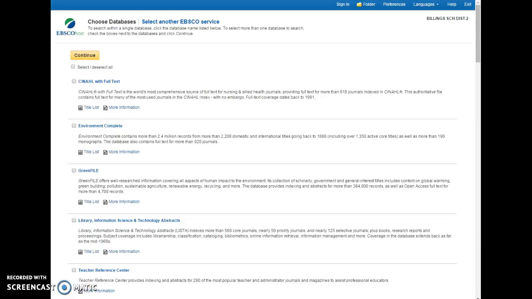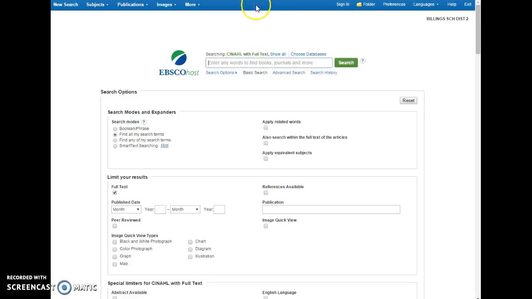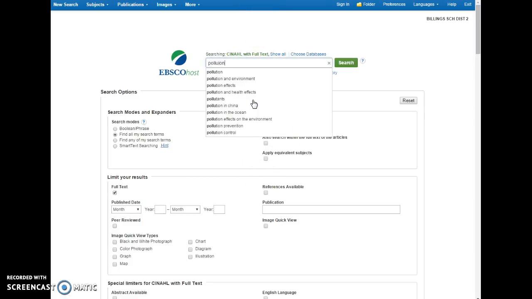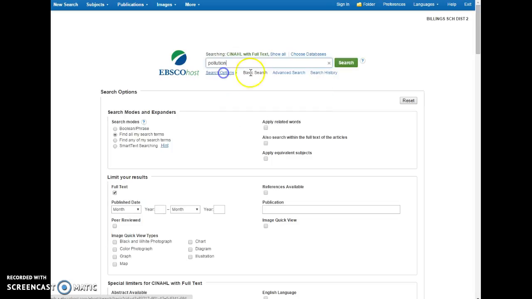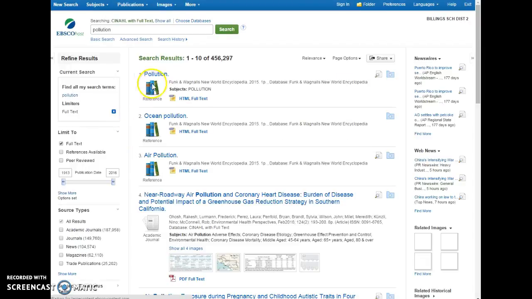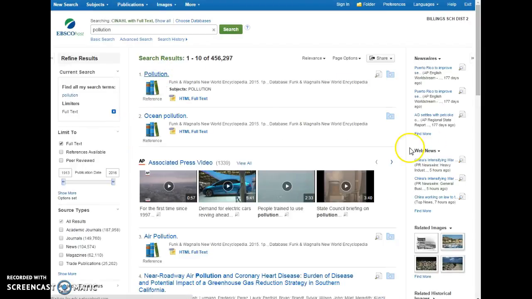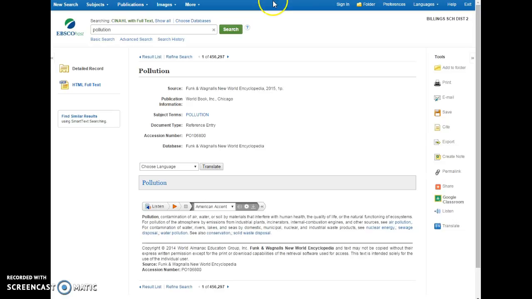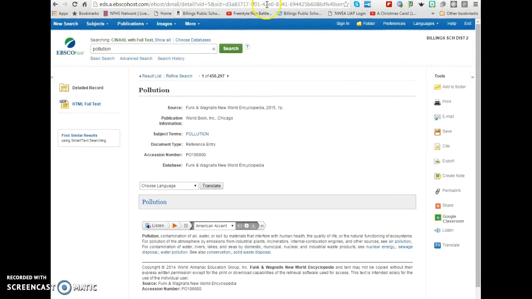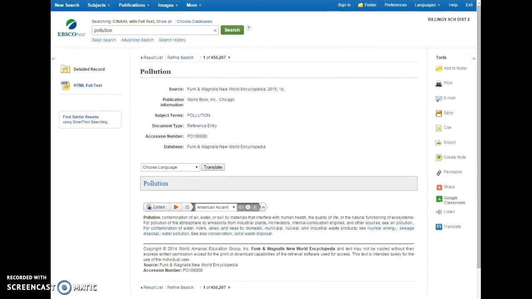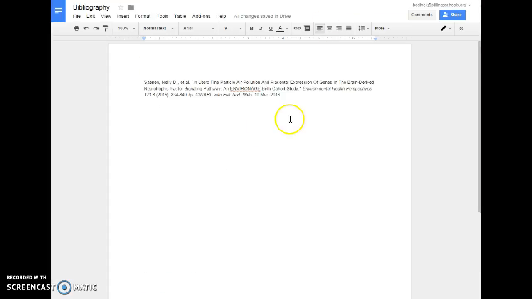And sometimes the link will work. For example, if I find something that I like and I highlight the URL at the top of the page, which I will do here in a second. Oops, I misspelled that. Try that again. All right. So if I go to pollution and I find something and I like it, even if I go up to the URL and copy it, and I paste it into my bibliography, let's say that's a source